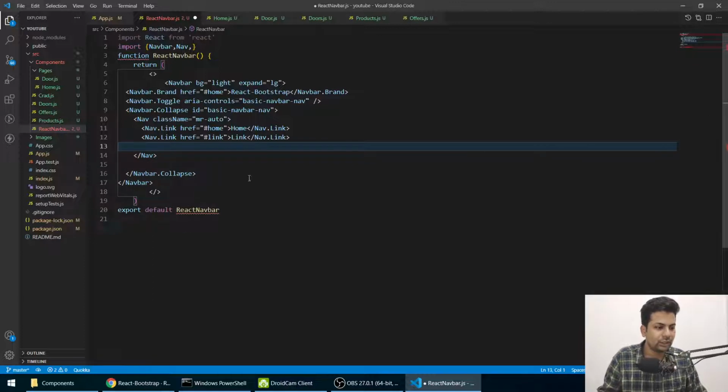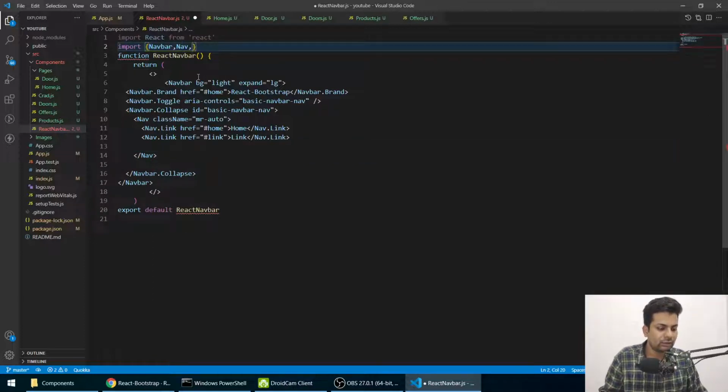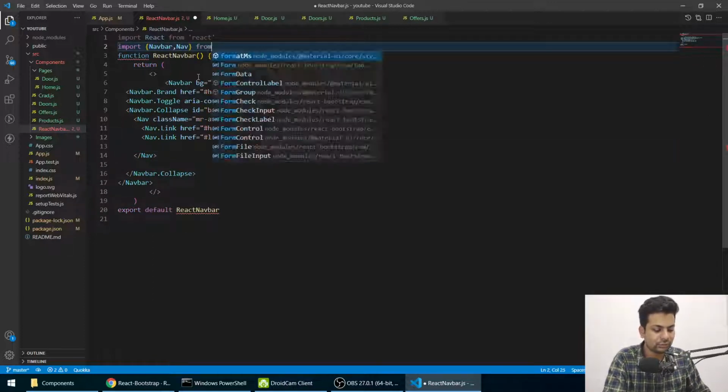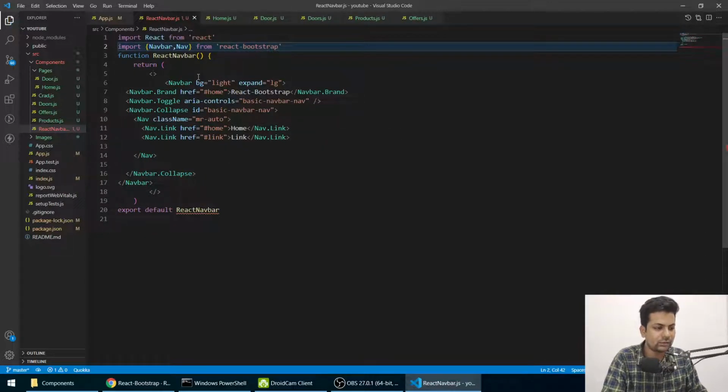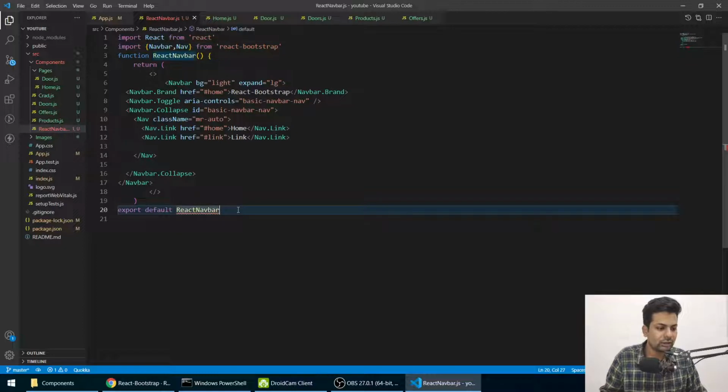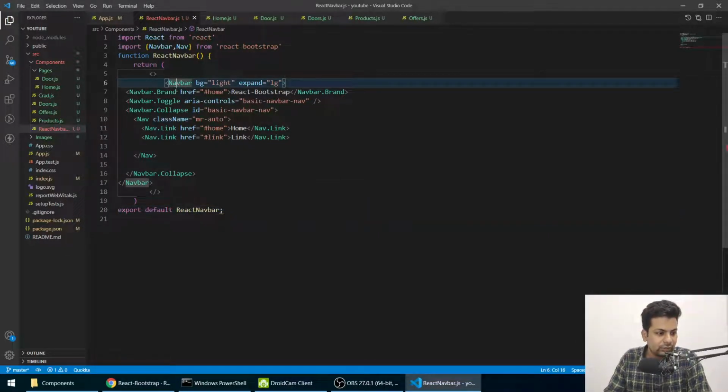Okay, and we'll say from react bootstrap, and just save it. And here I'll just put this like this, but it's not auto managing everything. There is some error, I think, still left.